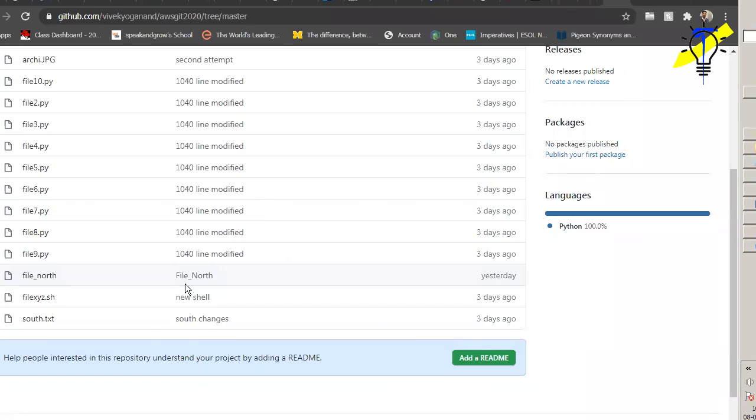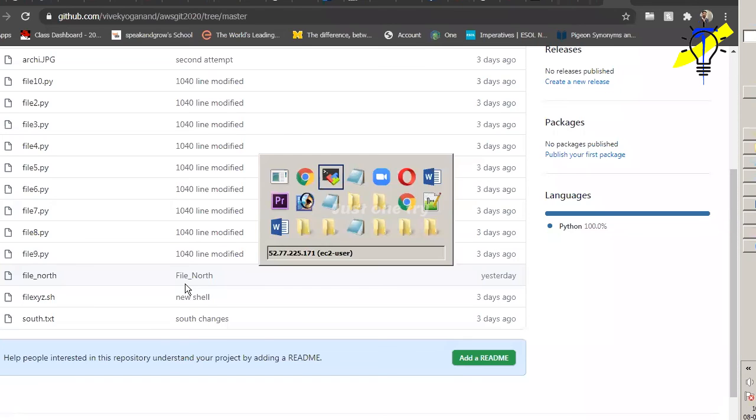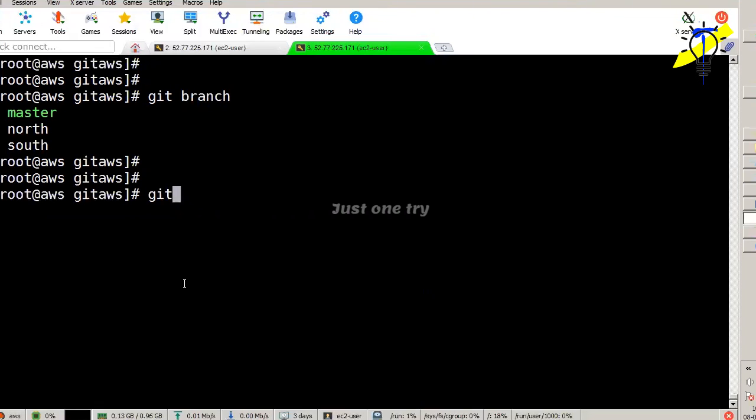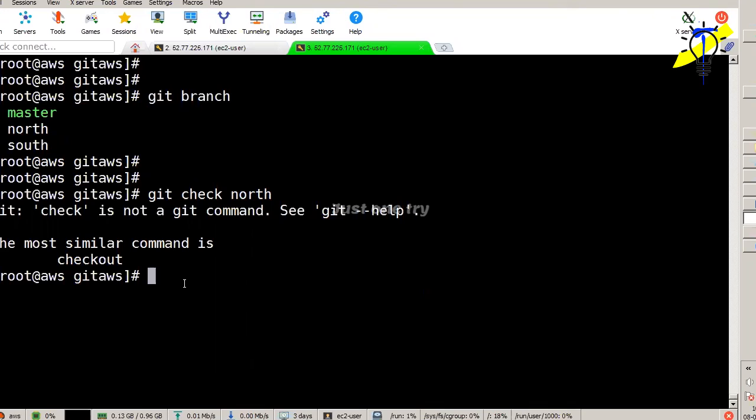Sir, give git branch now. Okay. It will be on master only. I just mentioned its upstream. I have not checked out. If you do git checkout, then it will show north. You have to know the clear commands first. So it will check out to north. If we check git branch, that is the time of pulling, using the git upstream. See, git checkout, not check. The spelling was wrong.